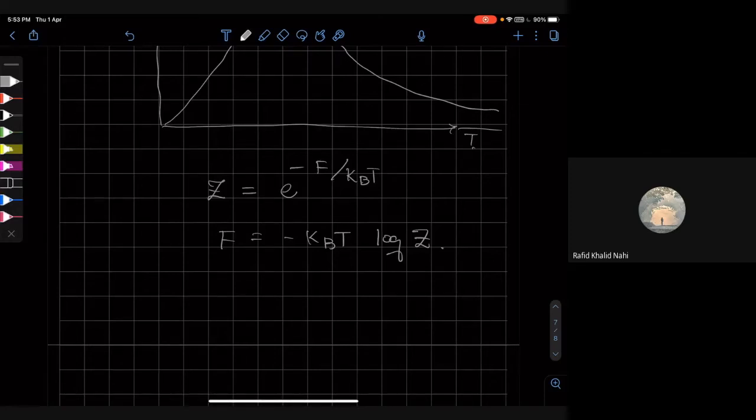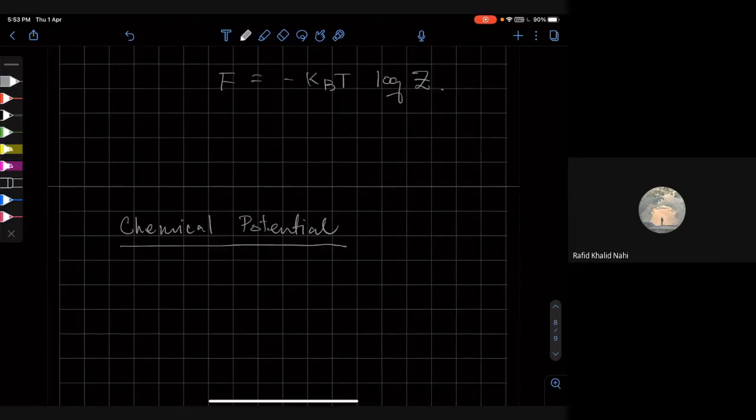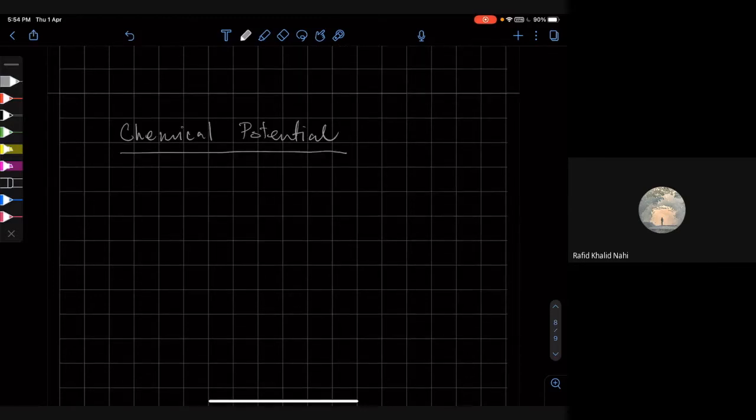So next we are going to talk about something different called the chemical potential. And this is very interesting. Okay, so far, what we have done is that we have considered systems where,